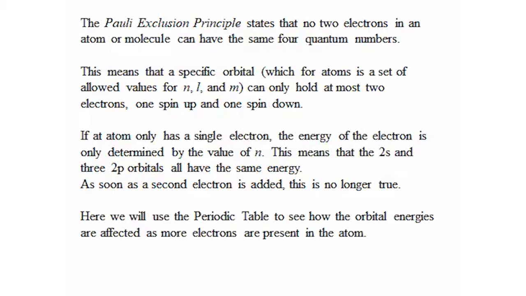If an atom only has a single electron, the energy of the electron is only determined by the value of n. This means that the 2s and 3 2p orbitals all have the same energy. As soon as a second electron is added, this is no longer true. Here we will use the periodic table to see how the orbital energies are affected as more electrons are present